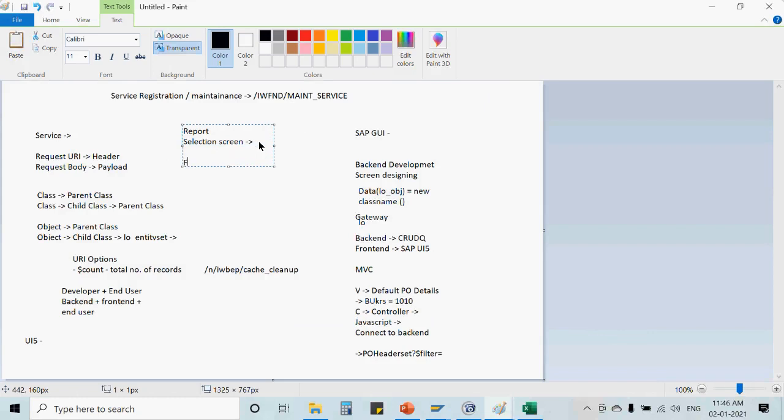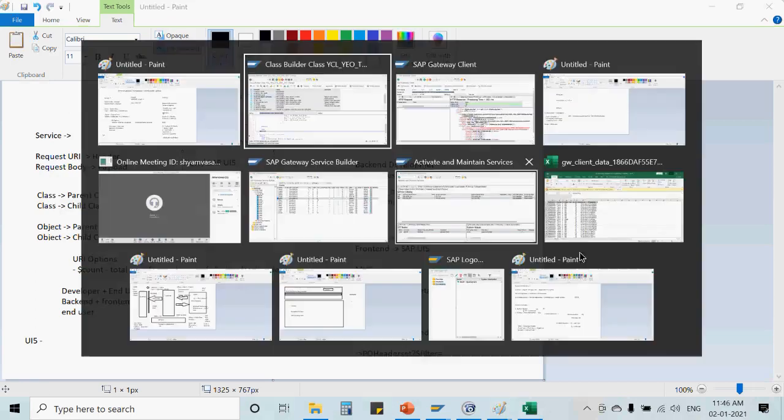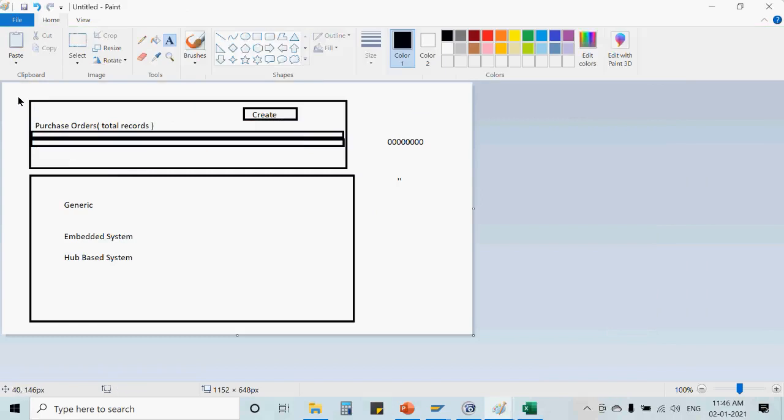But after the introduction of Fiori, you might have heard of Fiori, you might have heard of SAP UI5. These are all browser-based applications. So the user would be able to see its create button. So this is how the front-end application would look like. Let's say if I have a particular screen, I would consider only this as a